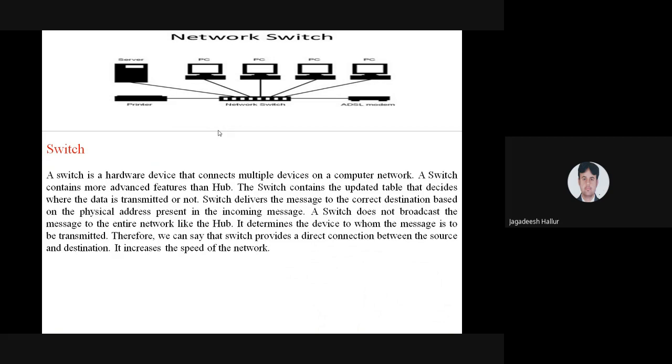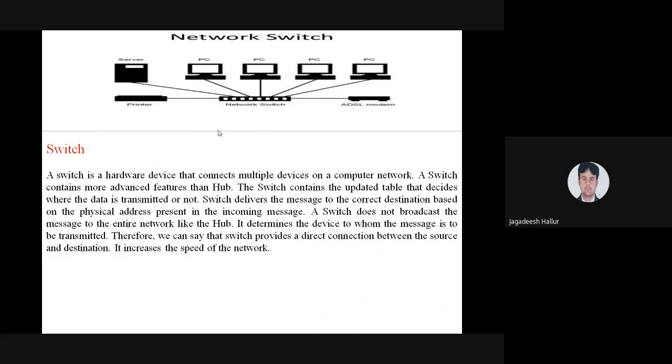You have seen the switch, different switches. The main function of this switch is having its own dedicated link. Network switch, we can connect this switch to the individual computers, we can connect the switch to the server, we can connect the switch to the printer. This switch is a single collision domain.